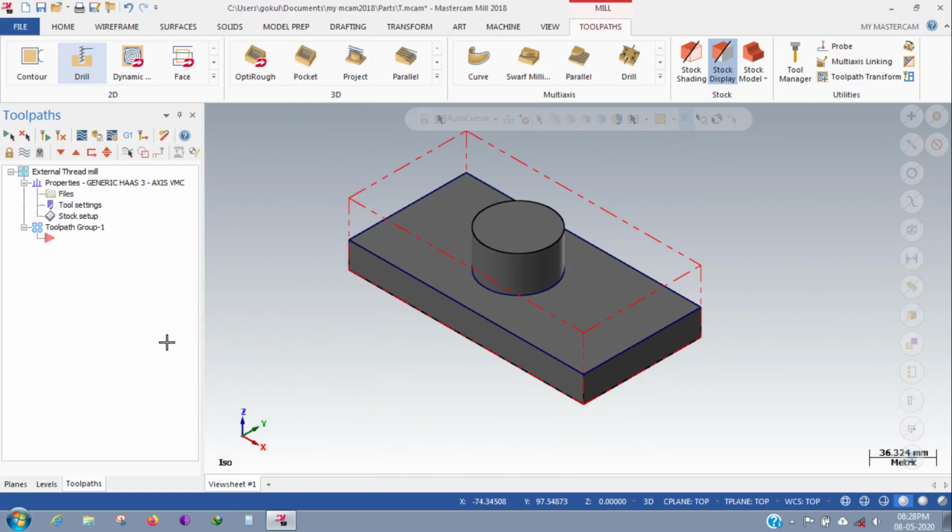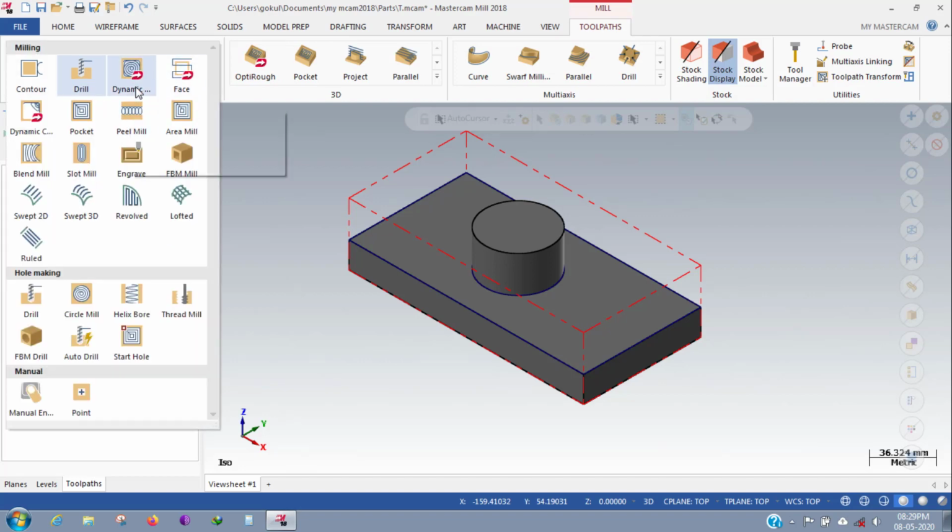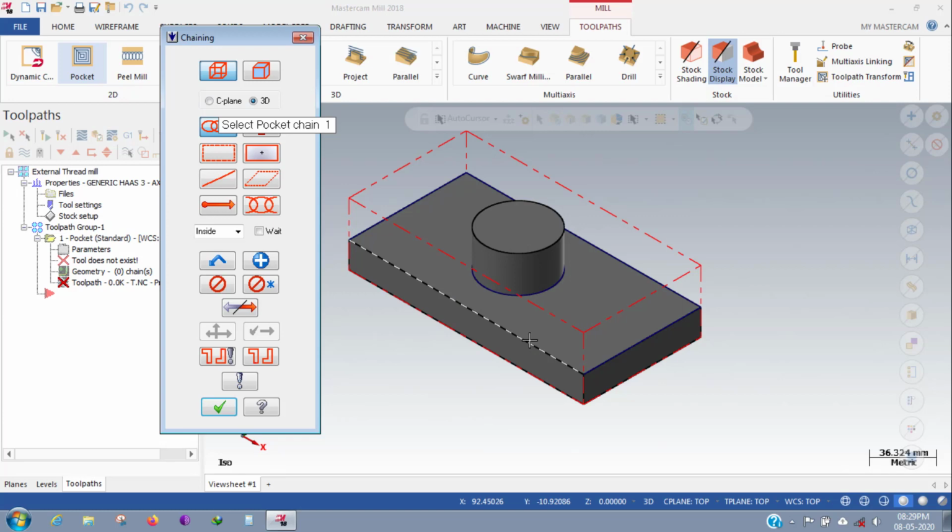Okay, I'm just going with the toolpath, and for your visual case I'm just selecting pocket.